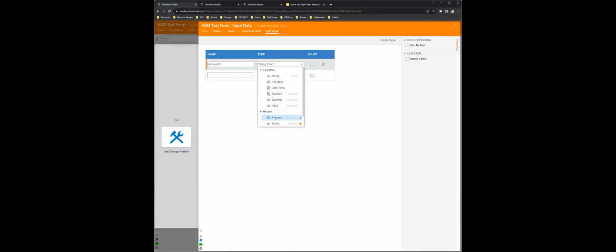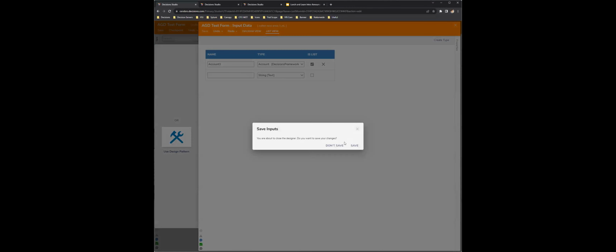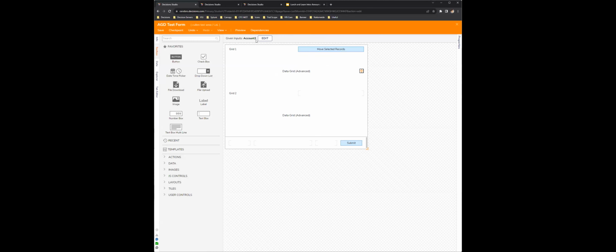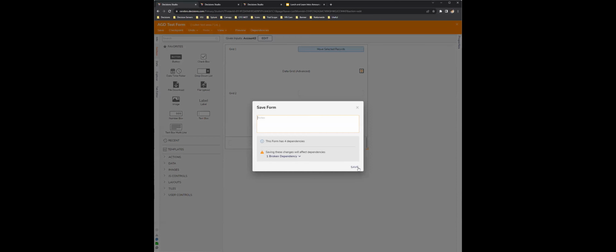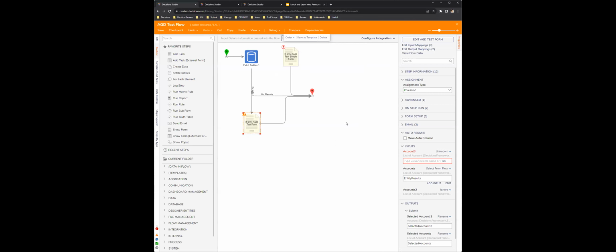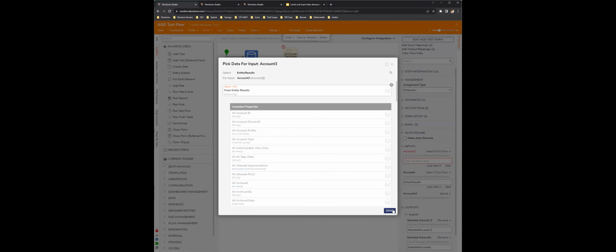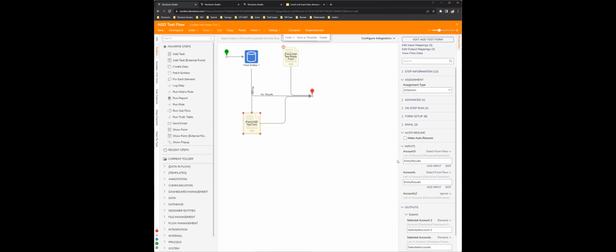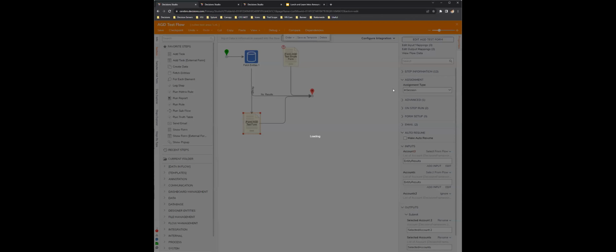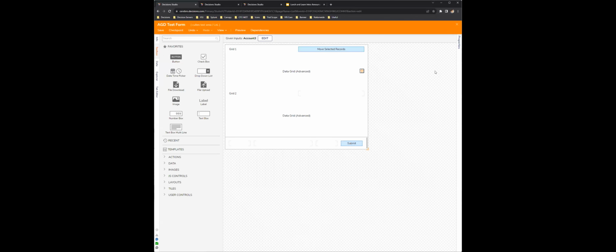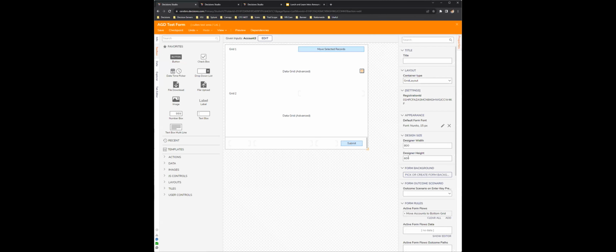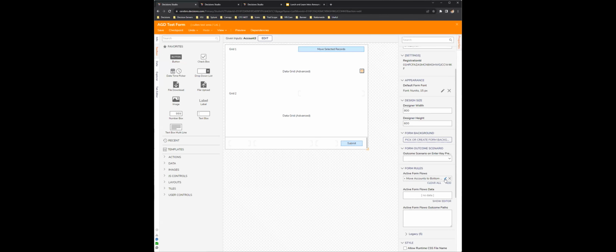So what you should be able to do is, here, save. So we have given inputs here. I just created one for account 3, so we know it's not getting confused with the others. So if I exit out of here, we should see account 3 here, right? If I take the entity results, add it to account 3, go back into that form, we should expect to see that as an input for our active form flow.